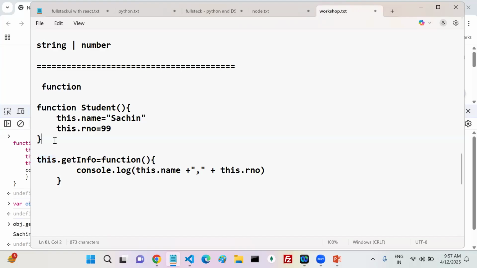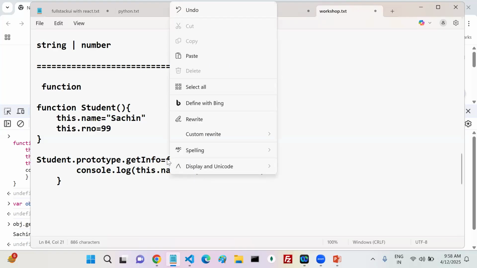Now in this particular class, only two members are there, the two variables. If you want to inherit a member into my student class, we have one property, prototype. Which member do you want to inherit? Keep that member name, whether it is a variable or a function. Here it is the function.